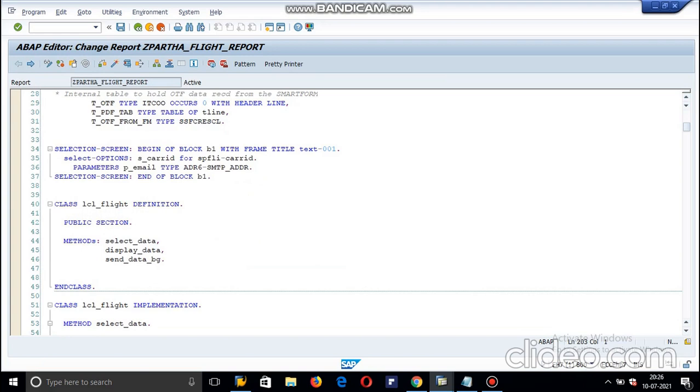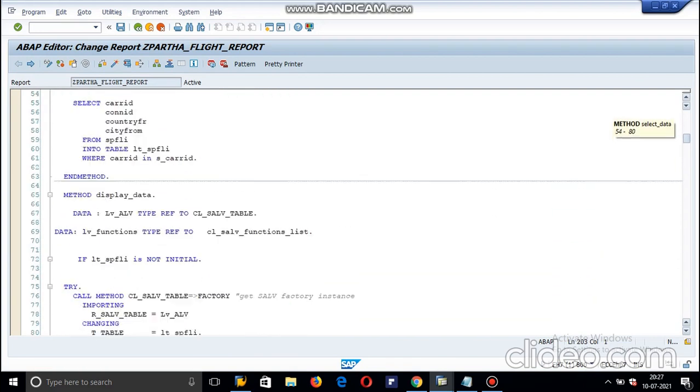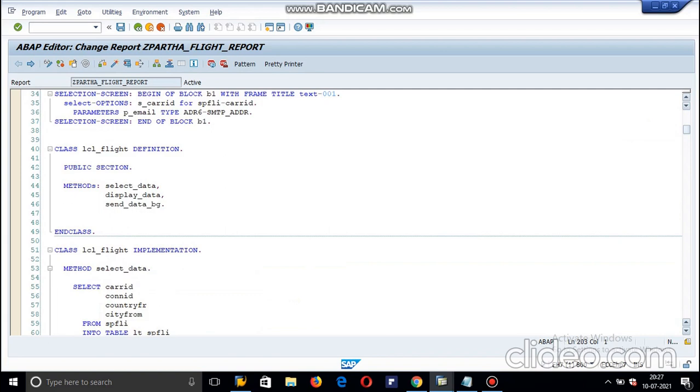In the definition, we put the public section, and inside it I have given three methods. In the implementation part, we just implement the methods.